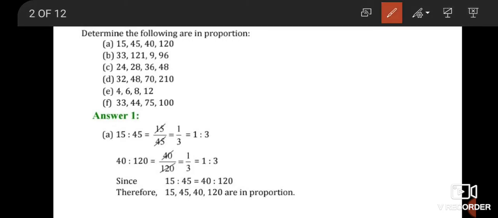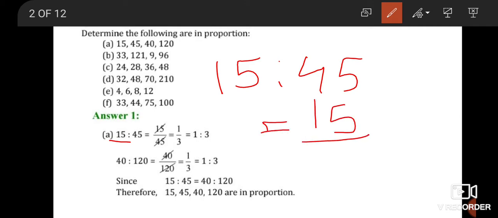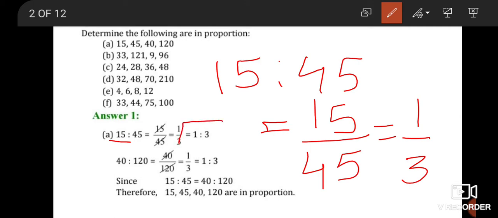So we find the ratio between 15 and 45. So we write 15 ratio 45, in this way. Then to solve this, we write them as a fraction. So 15 upon 45. Now reduce them by the table of 15. So 15 1 is 15, 15 3 is 45. So you will get 1:3. Similarly,